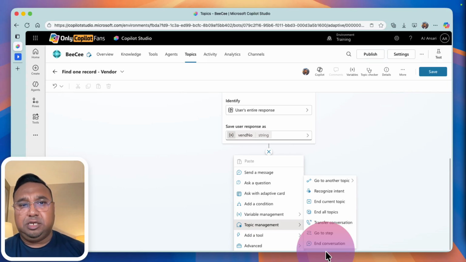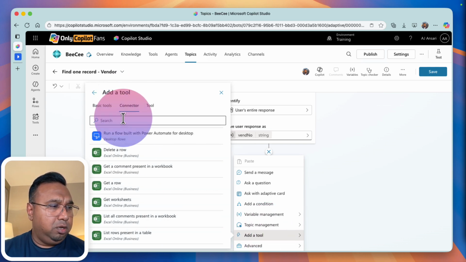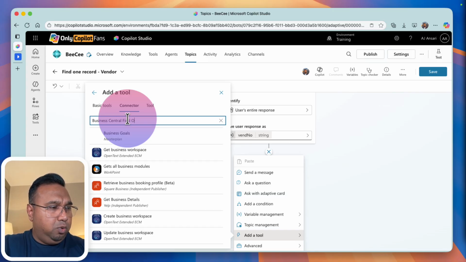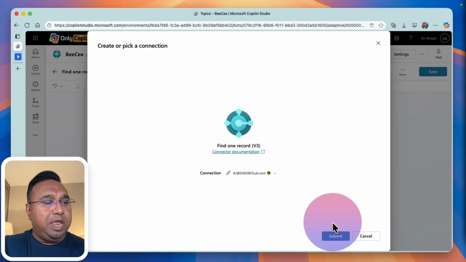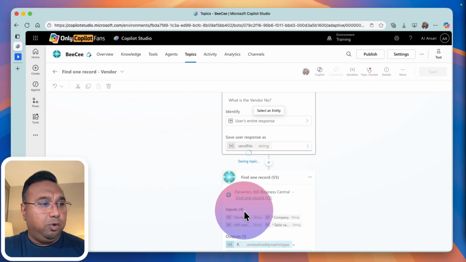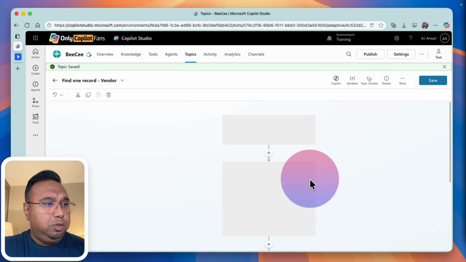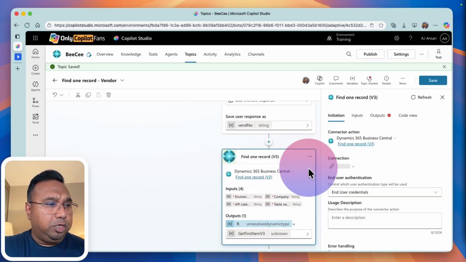If you're only going to use that tool for the specific use case within this topic, then you don't have to build that out separately as a tool. You could simply come here and say add a tool, connector, and choose Business Central Find One Record. The beauty of this is that it is going to build this right into my topic. It's not going to live outside of it, and all the definitions that I need to make will be defined right over here. So here I can come to any properties that I want to identify, here are the inputs or whatever else I want to. I can look under here,